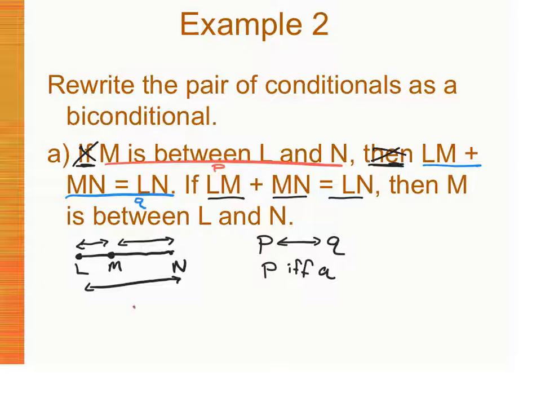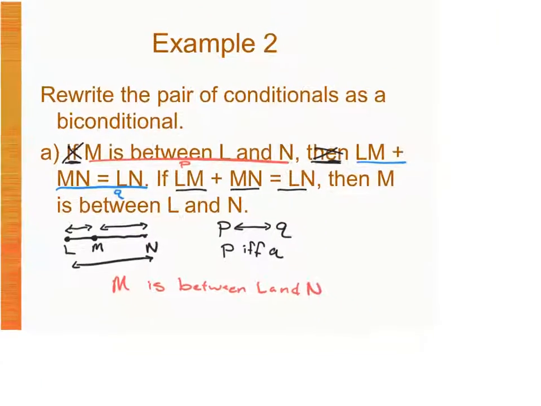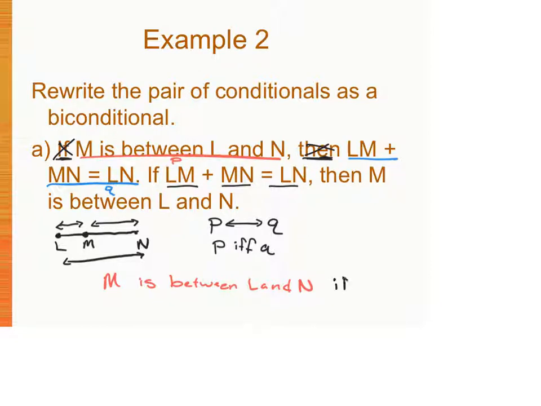Yes, ma'am. M is between L and N, if and only if LM. All right, I'm old and slow. Hold on. M is between L and N. There's the hypothesis. And then what? If and only if. I'm going to write it out this time just to be different. If and only if. You could certainly use IFF, but don't do one F. If you do one F, you got it wrong. Two Fs means if and only if. One F just means the word if like we have in regular. So, if and only if. LM plus MN is equal to LN, a biconditional statement.